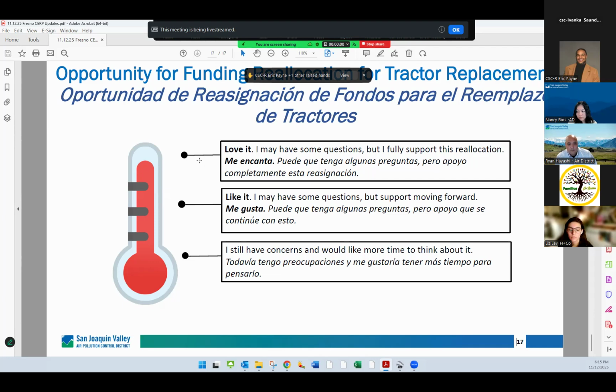I get that tractors have a major impact, but at the same time, are we going to see a direct improvement for the residents if you go that route of putting money into the same hands of the people that don't give a damn that we have the worst air? And that is more of my points of why I do not agree with seeing this money go into